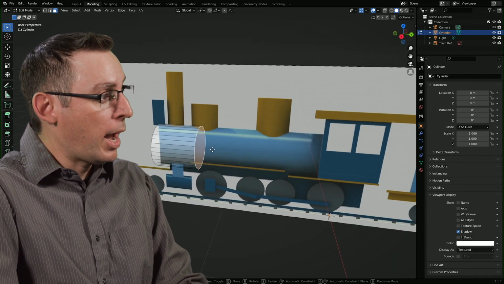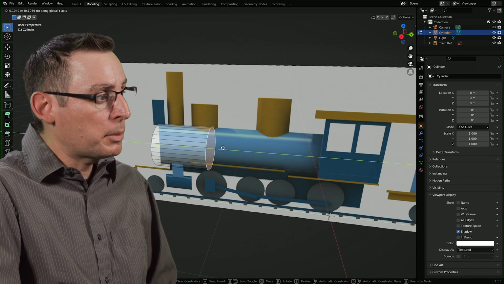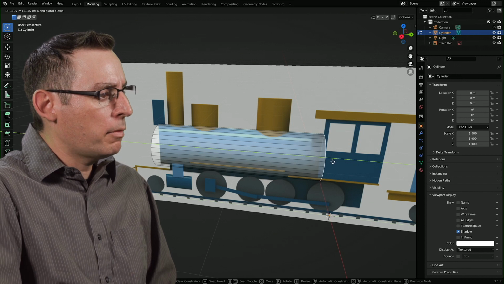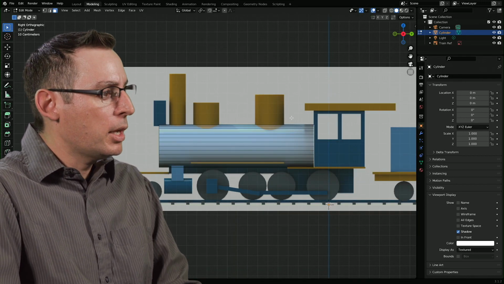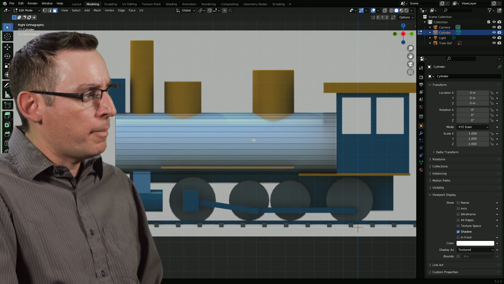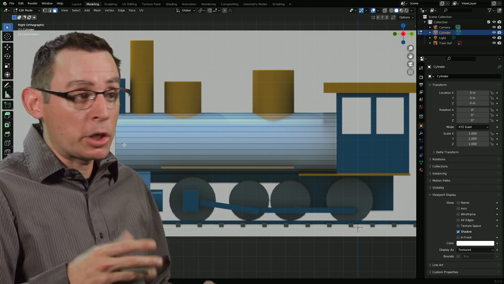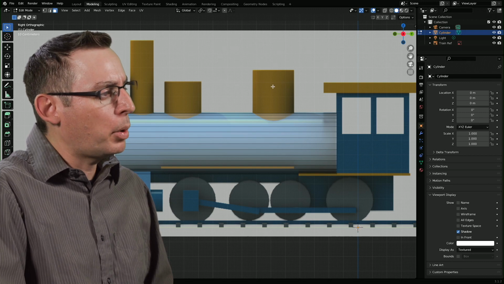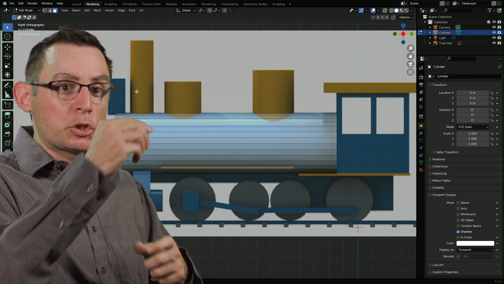And I think I'm just going to hit the grab tool to fire it off, hit the middle mouse button, and just drag it along the y-axis to right about there. That's where the reference image kind of tells me it needs to go, and I'm pretty happy with that. Now, this is a good starting location for the center boiler of our train, but I need a whole bunch of other parts and pieces up here for these little smokestacks.